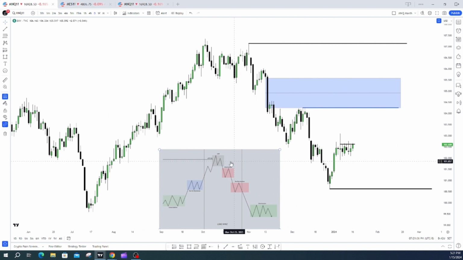And you ultimately get this market maker sell model, where you have this smart money reversal, this failure swing, and then you have a price run, a consolidation, a price run, a consolidation, and then ultimately a price run. This price run did not go below this original consolidation. So in order to move lower, it has to soak up orders above where liquidity is pooled. That's what you're seeing here. And that's what we like to see. This is a very high probability area for the market to move up into so that it can move lower